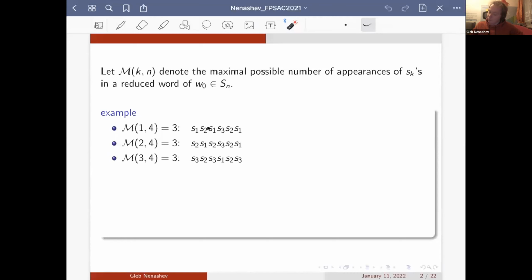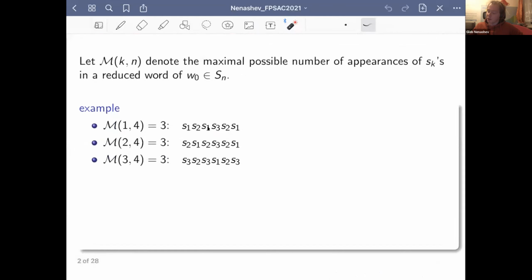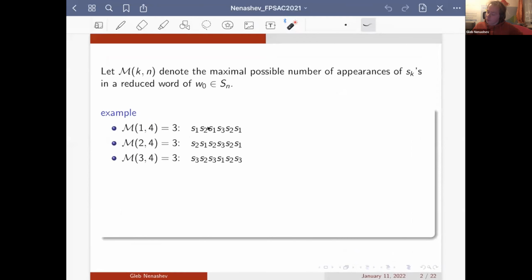For example, M_1,4 is 3. We need just consider this reduced word. It's maximal for 1,4. For 2,4, we can consider this reduced word. It's also 3. And M_3,4 is also 3. We consider this reduced word, and it's maximal. In general,